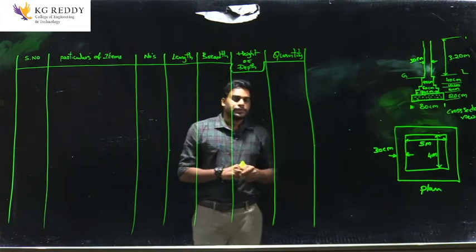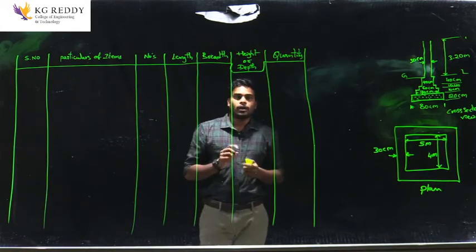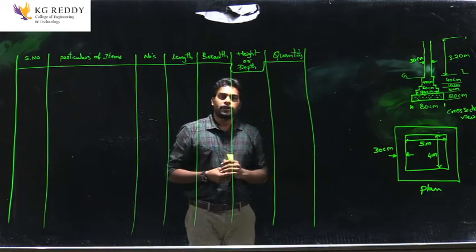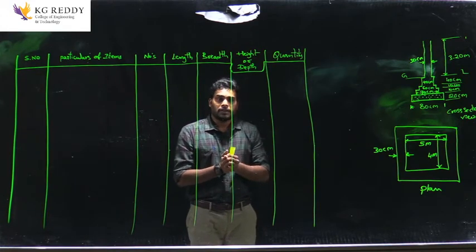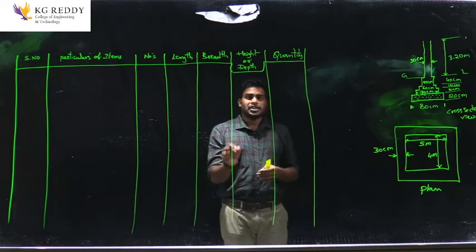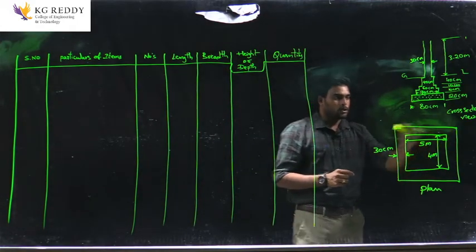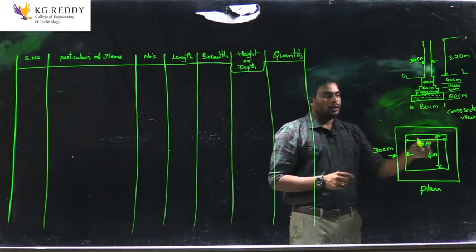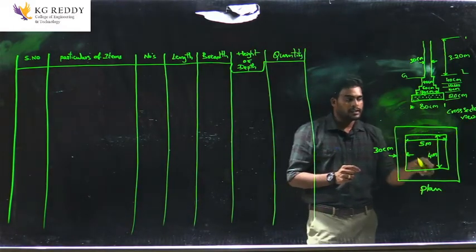There are two methods to solve this problem. One is the long wall short wall method and another one is the center line method. In this problem we are going to use the long wall short wall method. What is the main difference between the long wall short wall method and the center line method? In the long wall short wall method we consider each individual wall. For example, see this diagram. These are the walls. Four sides are having four walls, and in these walls there are two different dimensions.